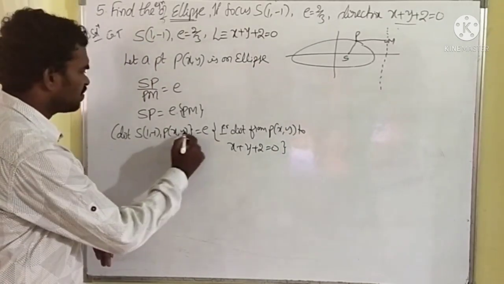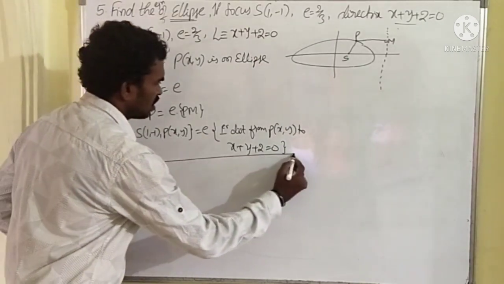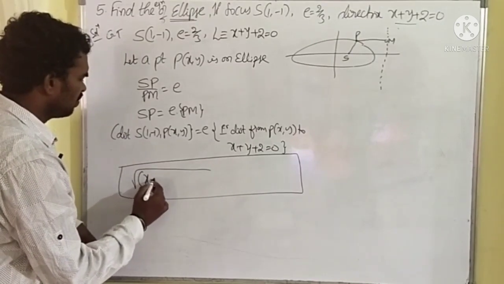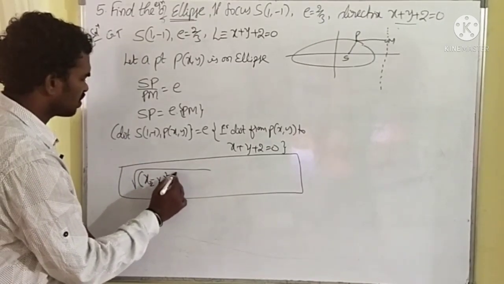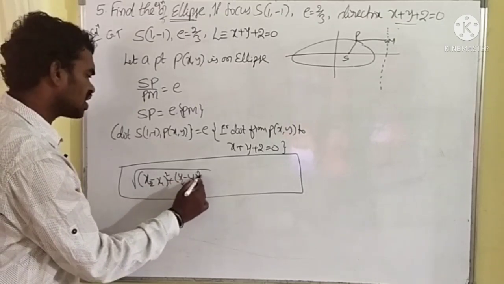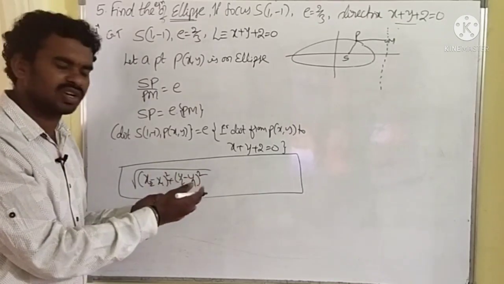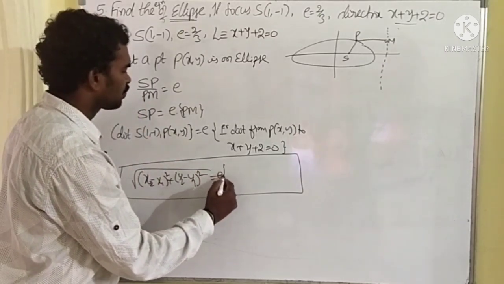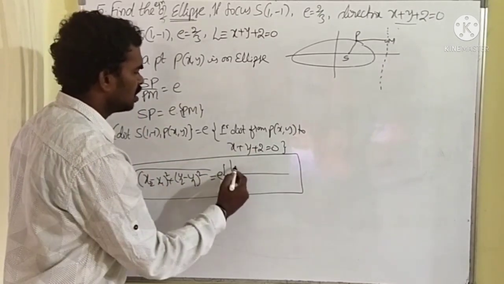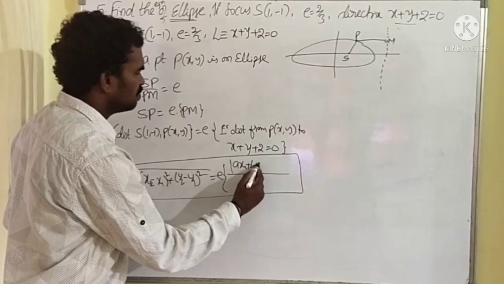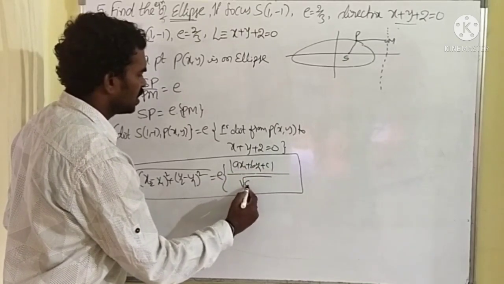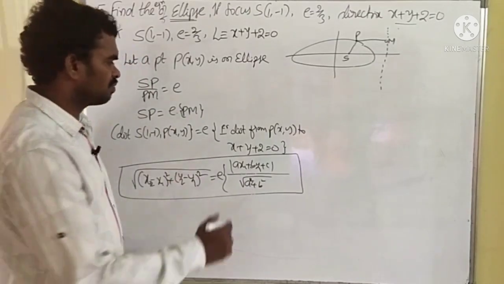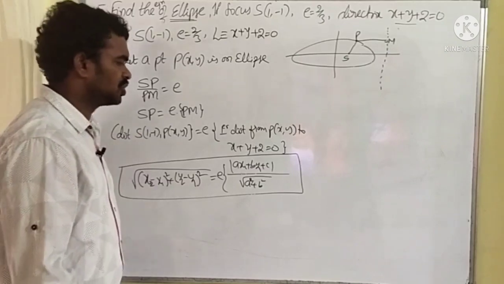So what is the distance between 2 points formula? Can I write the formulas here? In the next step I will simplify. We can write root of (x2 - x1) whole square + (y2 - y1) whole square, or (x1 - x2) whole square + (y1 - y2) whole square. Both are the same formulas, there is no problem at all. And what is the perpendicular distance formula? Modulus of (ax1 + by1 + c) by root of a square + b square. If you write the formulas, you will get better marks in the solution.